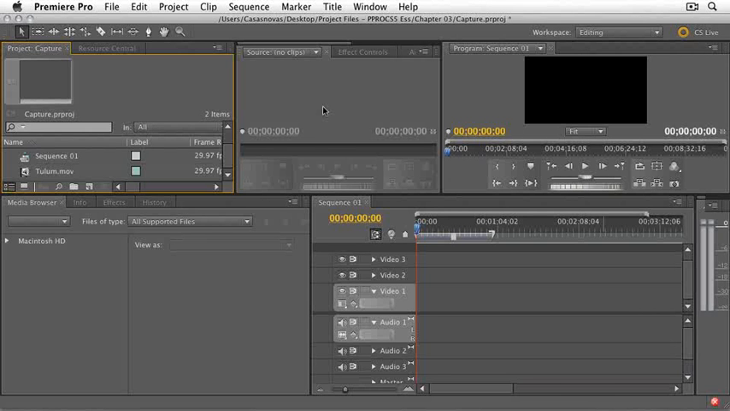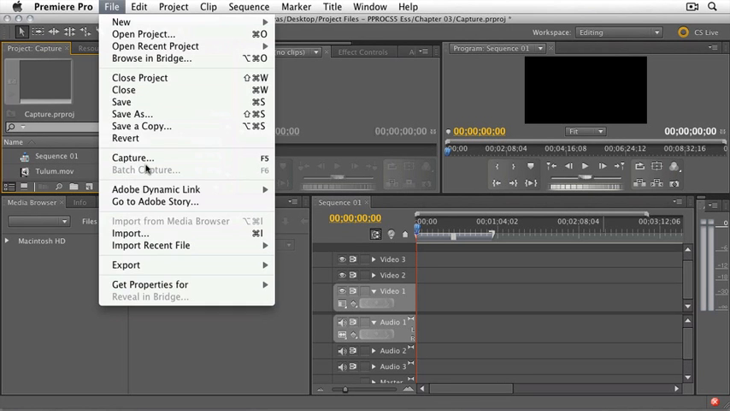Now let's go ahead and log some clips to capture them. Logging clips refers to marking different in to out points to capture only the desired parts of the tape and not the whole tape. Let's go ahead and open the Capture panel, File, Capture,